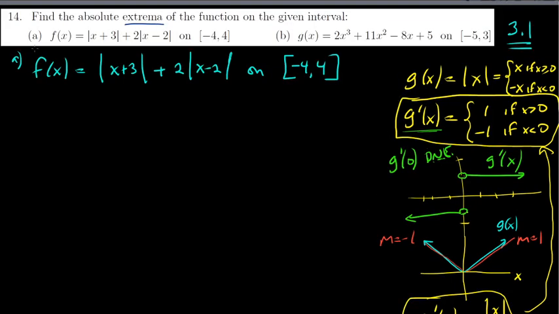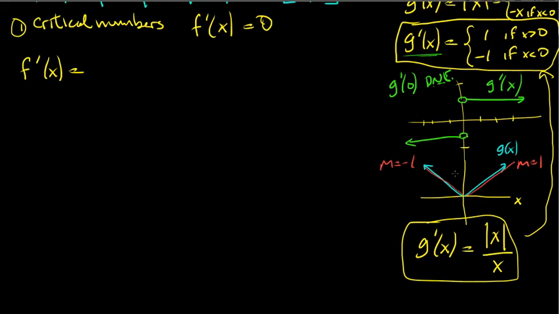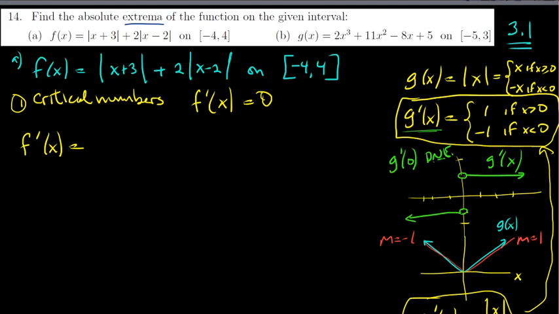Now we can tackle the original question here. What's the derivative of it? Remember, if you're finding the absolute maximum and minimum, the first step is to find the critical numbers. And how do we find the critical numbers? Take the derivative, set it equal to 0, and solve for x. So how do we take the derivative? Well, this is how. Just take the absolute value of x plus 3,